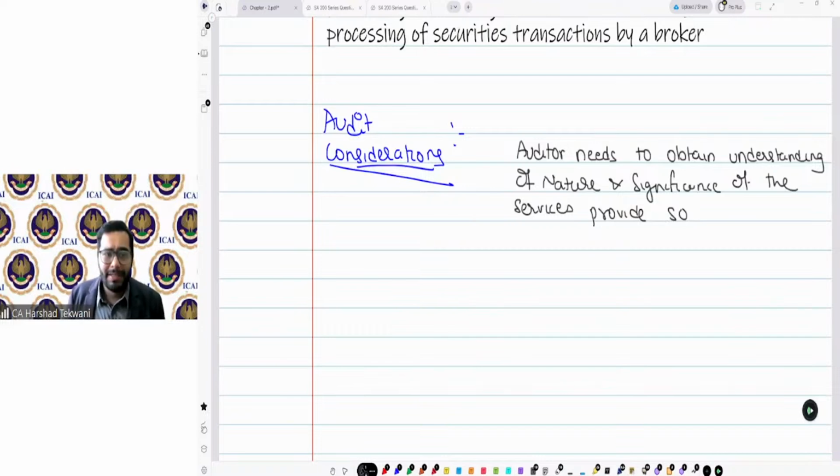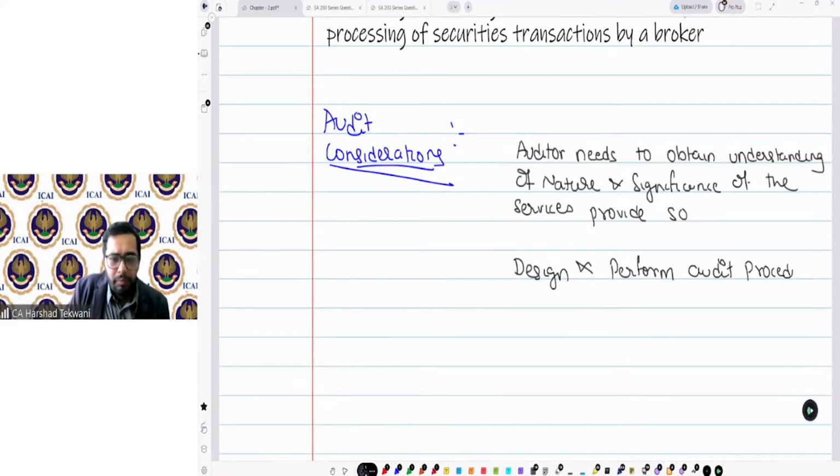Why do we need to obtain this understanding? So that we can design and perform audit procedures in response to